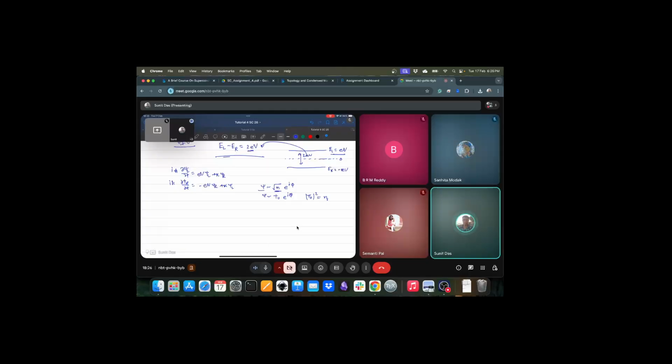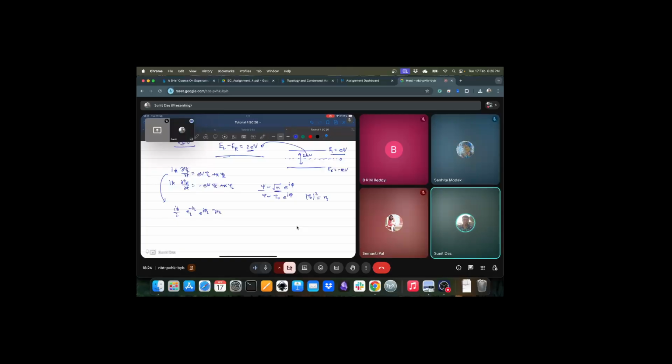So we use this in this equation, and then we have i h bar by 2 root over n L, so this should be n L to the power minus half, e to the power i phi L,